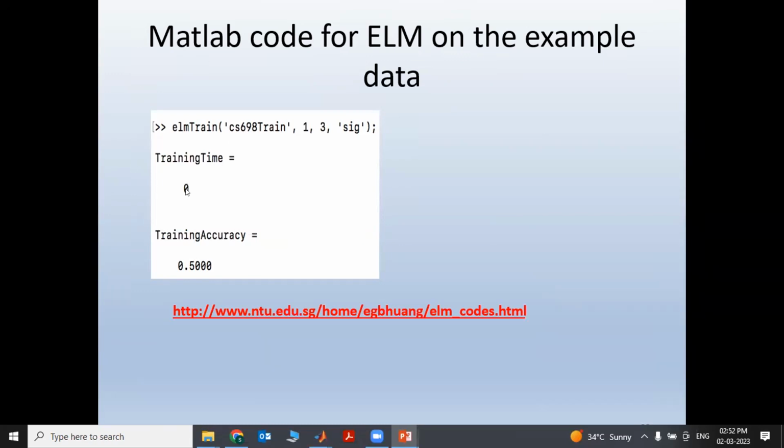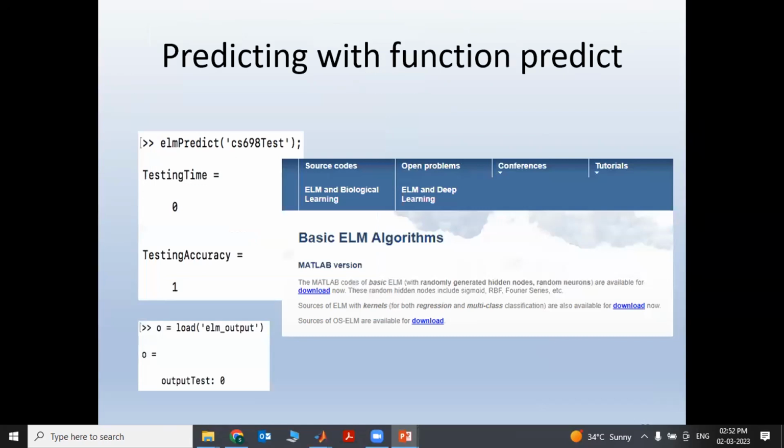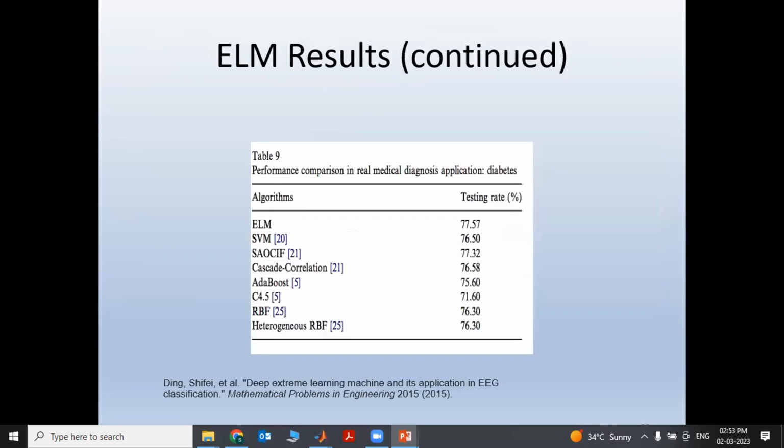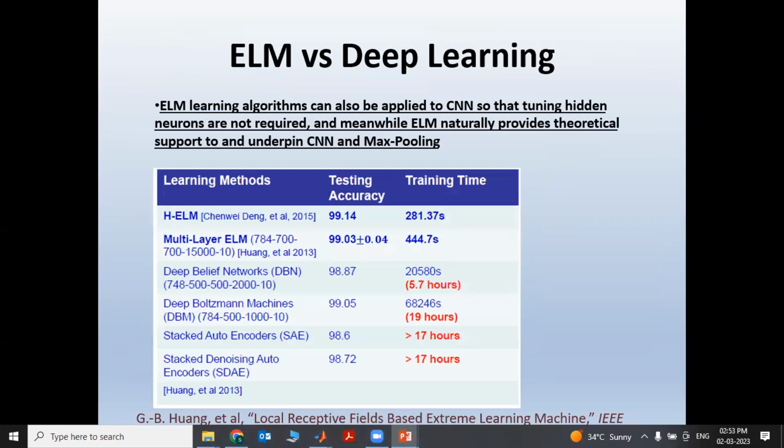That means it is much faster to get a result. So this is Professor J.B. Hong's website. You can download the MATLAB code or Python code if you want, and he has applied it for different applications also. Later, after 2015 or 16, people also implemented comparisons with the conventional. What is conventional deep learning?